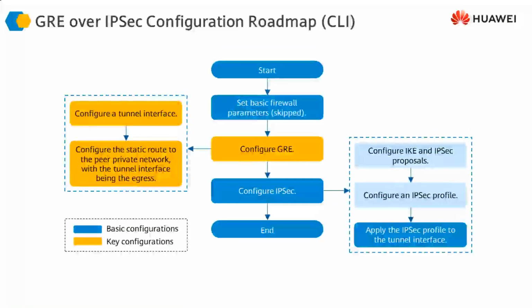The scenario is fairly simple, and these are the configuration steps that we are going to follow. First of all, the basic firewall configuration, then we are going to do the GRE configuration. Once GRE configuration is done, then we are going to do the IPsec configuration, and you understand the IPsec configuration very well. We'll take a look at this configuration in the command line mode, because it's easier and simpler to do this configuration and create the tunnels in the command line mode instead of doing it in the graphic user interface. So let's take a look at the configurations in the command line mode.